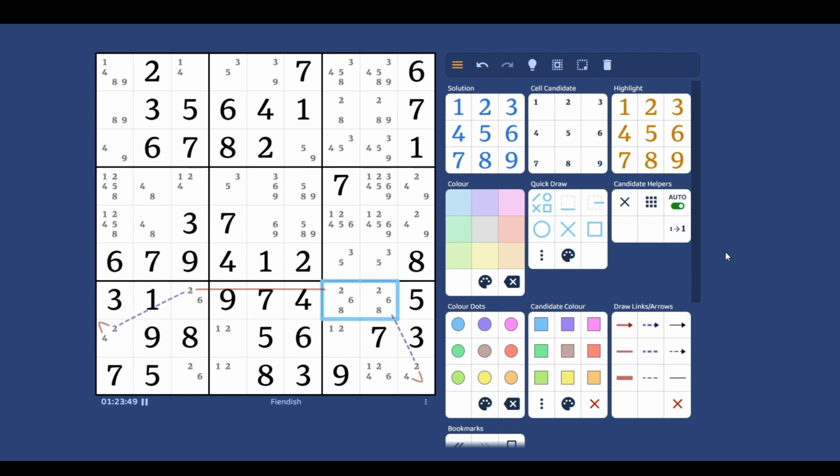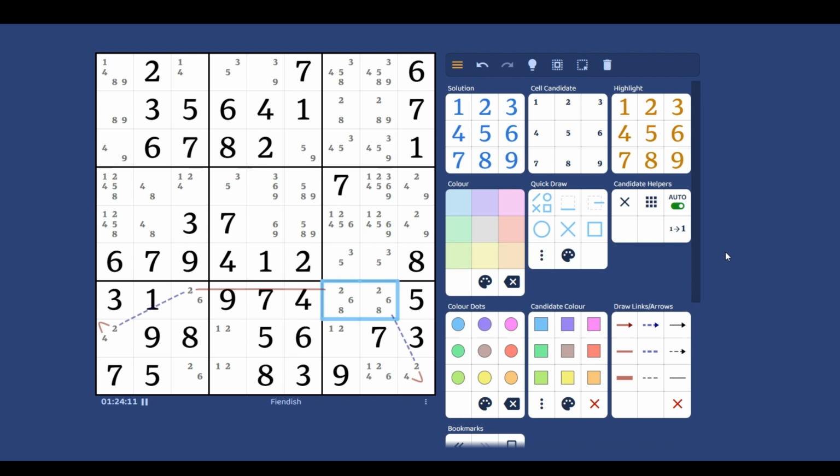links. So you won't see any variation in the link structure for W-wings. And another thing you won't see variation in is the type of elimination. W-wings are always going to be type 1 AIC eliminations. And this is because there's only 2 value links, and it starts and ends on one of those value links